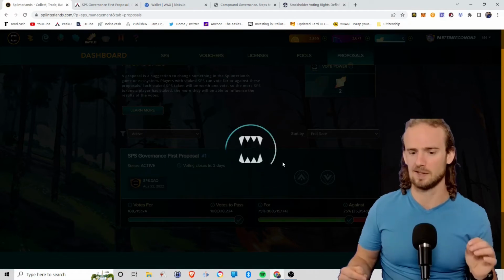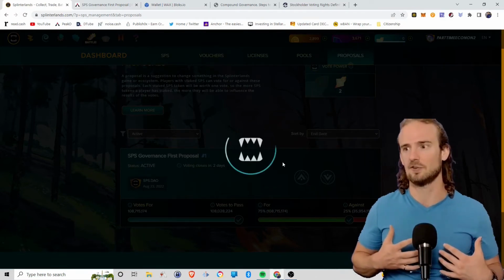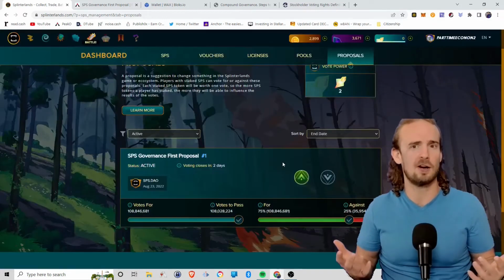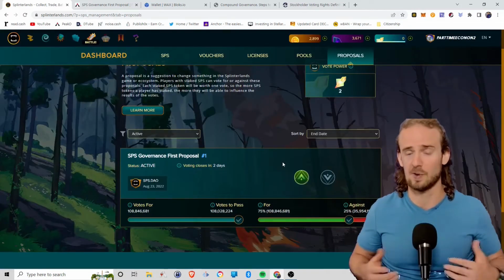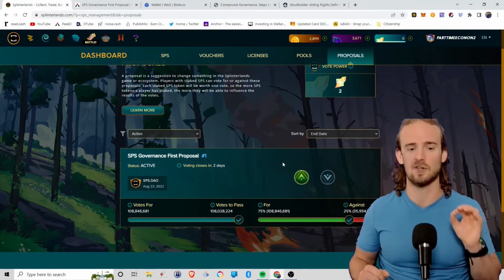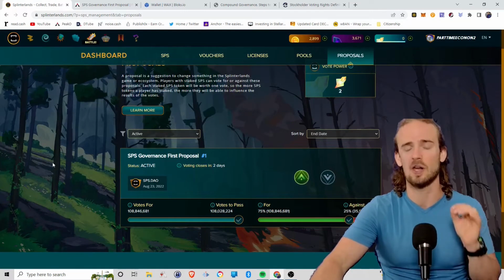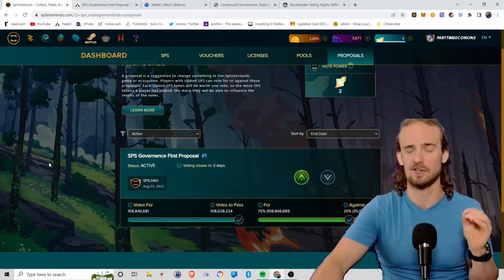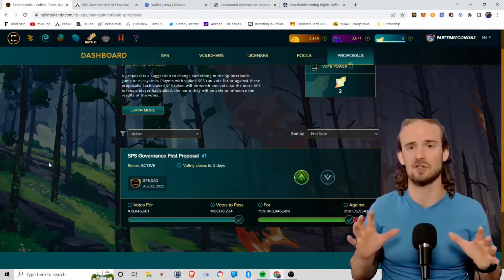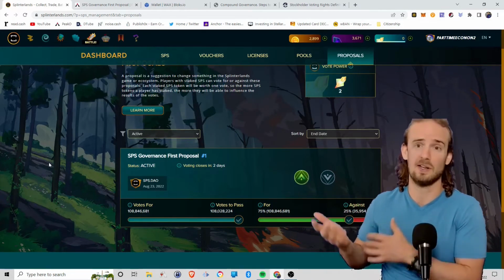Now, that's a high-level overview of the differences between proof of stake and governance tokens. Another thing you're probably thinking about at this point is governance tokens versus voting in the stock market, right? Because if you own shares, you have the ability to vote as well. A couple key differences that I just very briefly want to point out. And this depends a lot on how the specific project is implemented, because there is a lot of variation with governance tokens, and there's also a lot of variation with voting in the stock market.